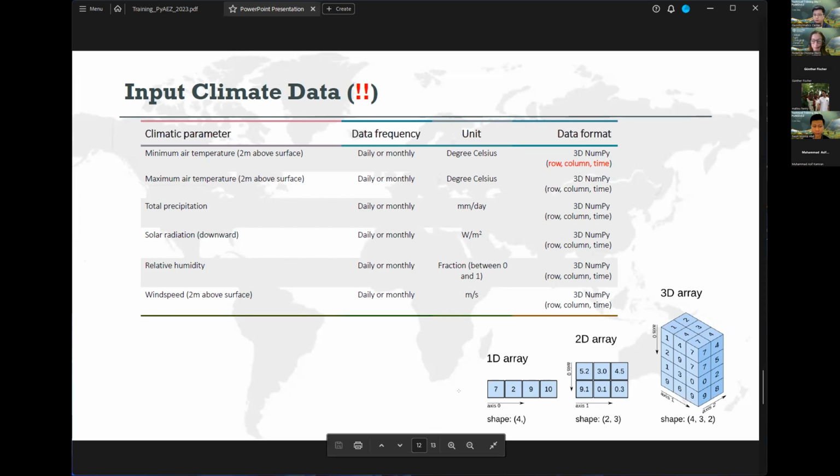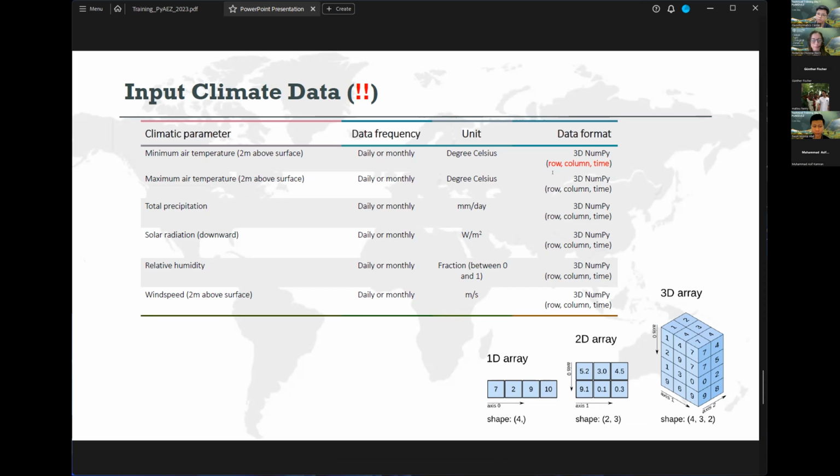Below is a quick graphical illustration of what we mean when we say our climate data needs to be in a 3D NumPy array. For one array, you just have a one-dimensional array, and then 2D is essentially a map. And because we're stacking a year's worth of data, either daily or monthly, we arrive at this 3D data block.